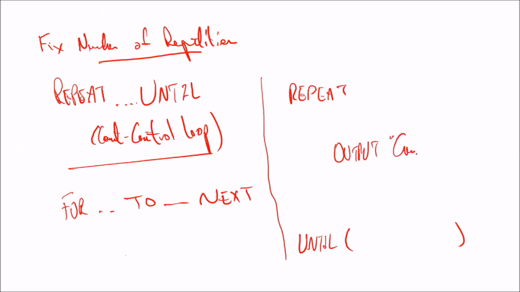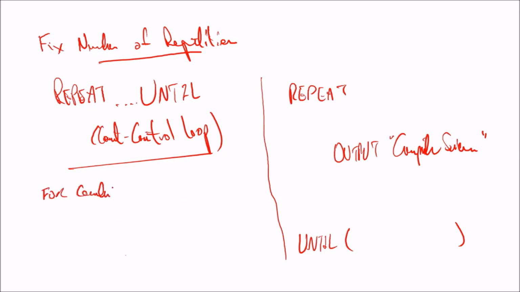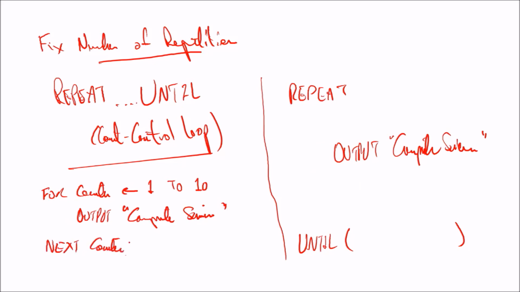आउटपुट कंप्यूटर साइंस, यही मैसेज था ना जो हमने 4 to next में भी किया था, ठीक है? यस सर। अब यहाँ पे मैं 4 to next का भी लिख देता हूँ ताकि इजी हो जाए। दैट वाज फॉर counter assign 1 to 10, and there was an output message, output computer science, and that was next counter, ठीक है? ये कोड था सिंपल, दिस वाज द कोड फॉर काउंट कंट्रोल।